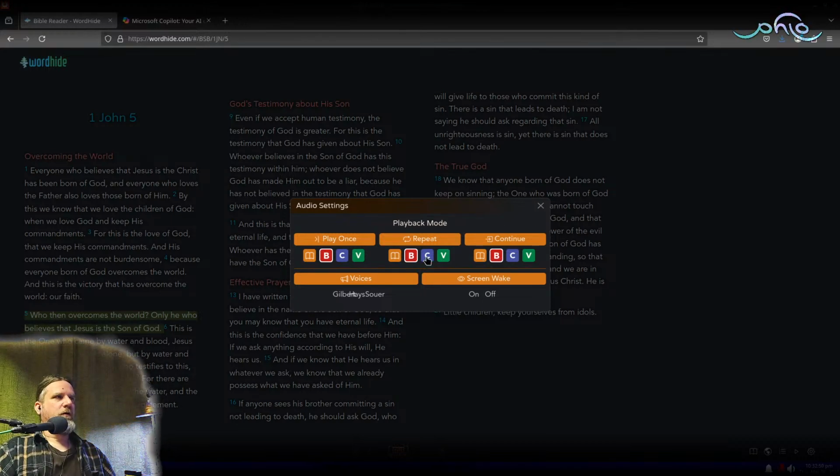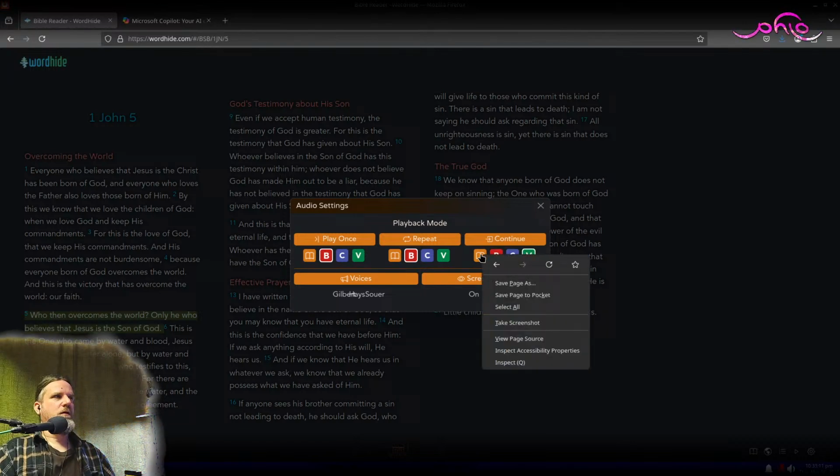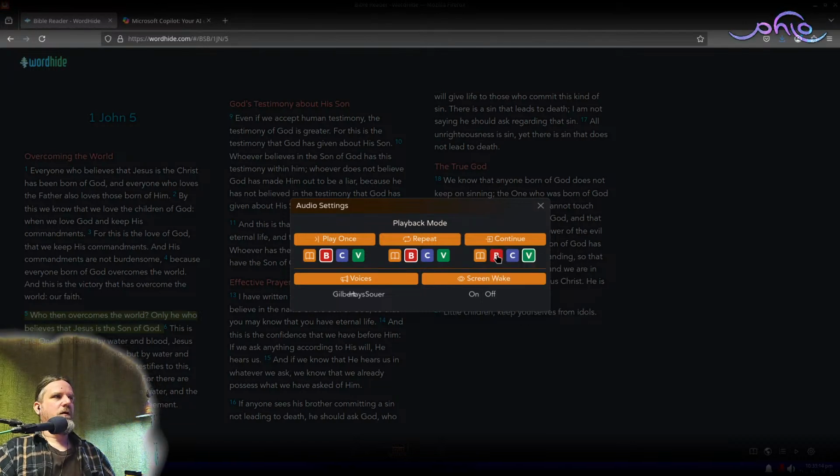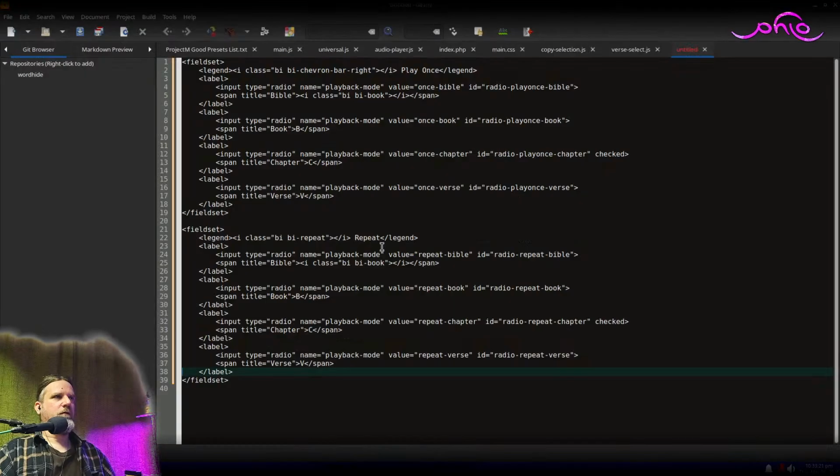So I have to figure out if the playback mode radio group needs to include some button in the meditative mode or not. Probably, to be honest, when I think about it. So I'll probably have these 3 buttons in the meditative mode, not this one. And I think if you click on one of these, it would probably uncheck these others. But we'll see. I'll work through that as I get further into the...